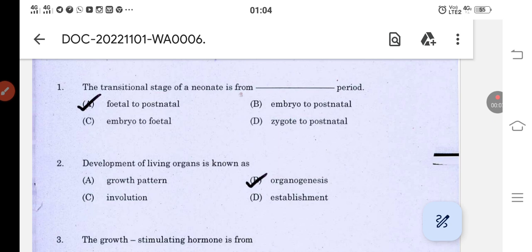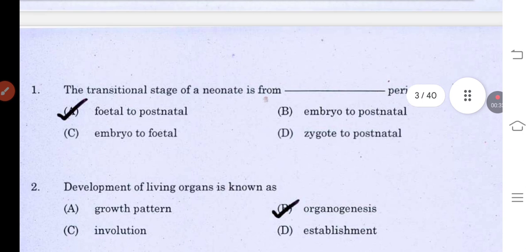Today we will discuss a few questions related to home science, which is related to the UGC NET examination. This class will be bilingual, both English and Tamil. Though the answers are given, I will explain how the answers are derived. Okay, so the first question is,